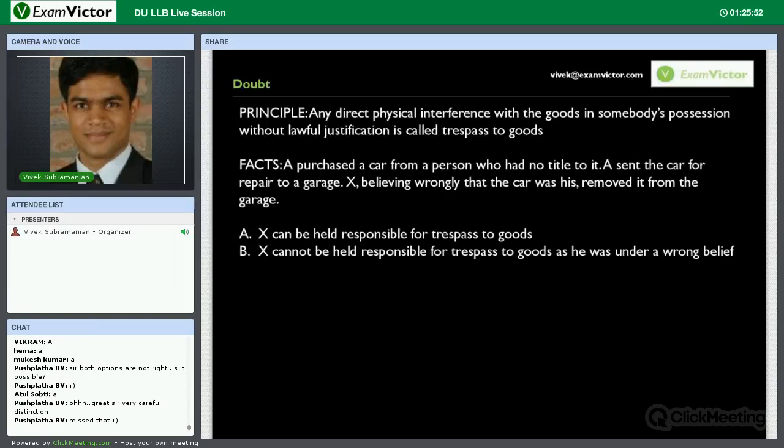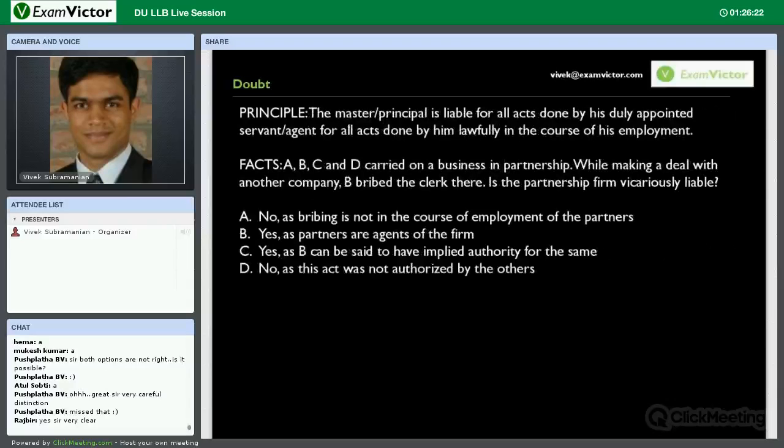if X has removed the car from the possession of A, the car while in garage is still in possession of A. X has removed it from possession of A without there being any lawful justification, and therefore clearly X can be held responsible for trespass to goods. So the correct answer here will be A. Is that okay? All right. Next,